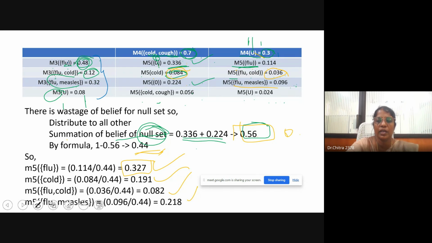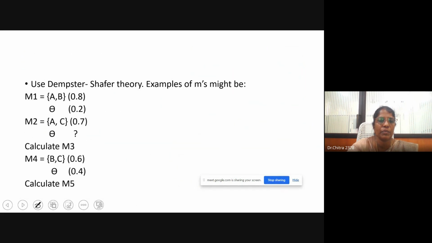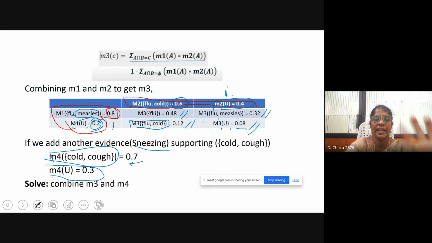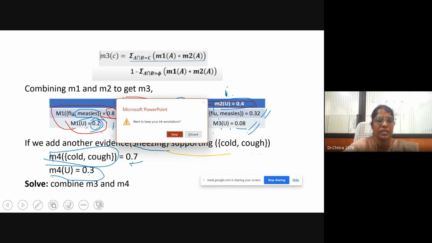Suppose this value is 0.2 or 0.3 or 0.4, meaning less than 50%. Then we will not accept this confidence level, and we can conclude that our hypothesis is wrong. What is our hypothesis? By adding sneezing, cold, and cough, there is a possibility of flu also. We conclude that there is a possibility of flu with cold, cough, and sneezing. So this is used to identify the possibility or chances of uncertainties with the help of adding one or more factors. That's all about this Dempster-Shafer algorithm.